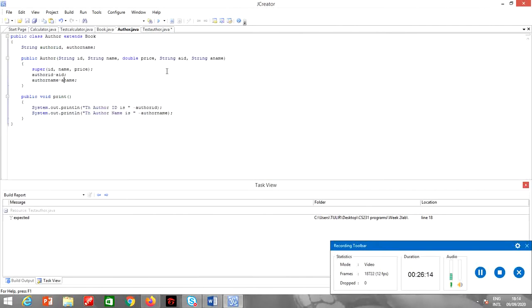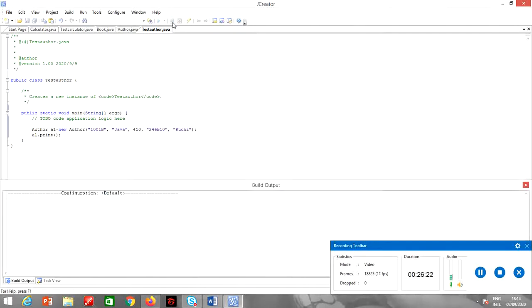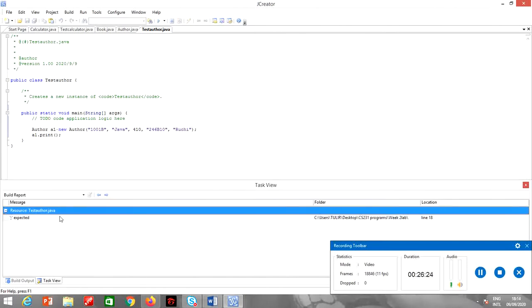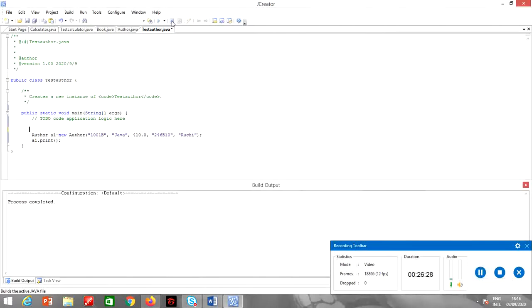Let's check how many parameters. Two string, double, and then two string. Let's compile it. Okay, so it's working fine. Alright, so now it will only print the author ID and the author name.